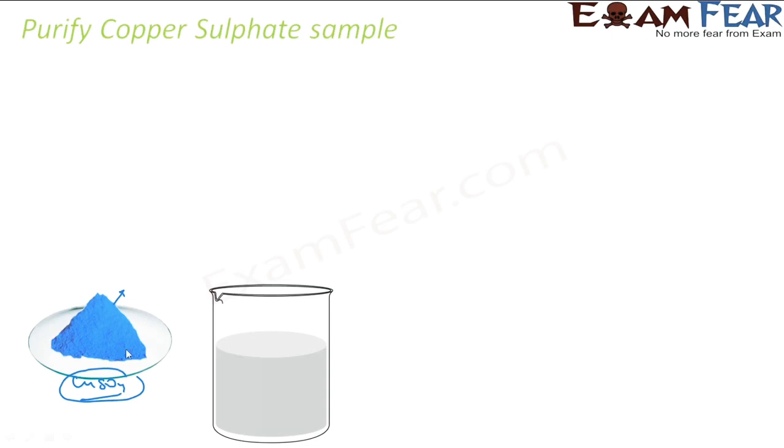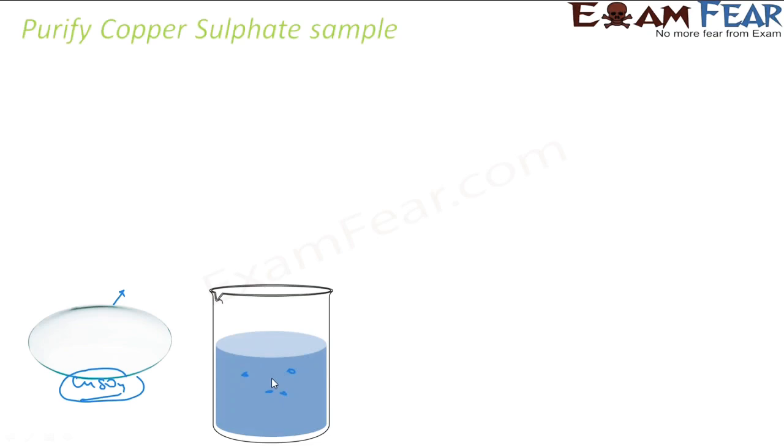So what we can do is dissolve this copper sulfate into water. Okay, some minimum amount of water that is required, and we can filter out some impurities. The big stone particles can be filtered out. Once that is done, let it dissolve. Dissolve the whole copper sulfate, and then you filter it out with this filter paper, so that if there are some small or big stone particles here, you can filter them out.